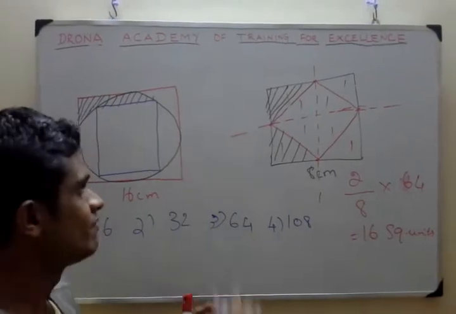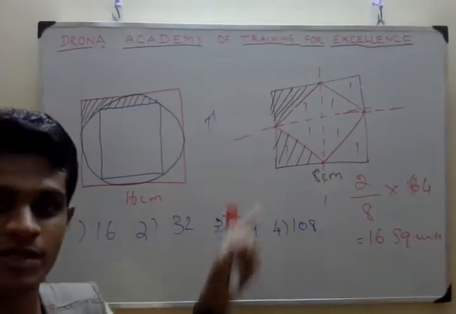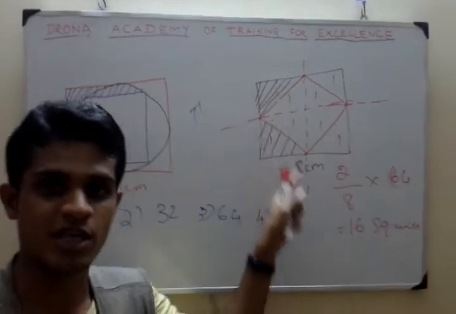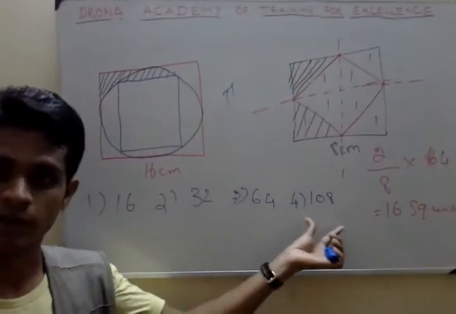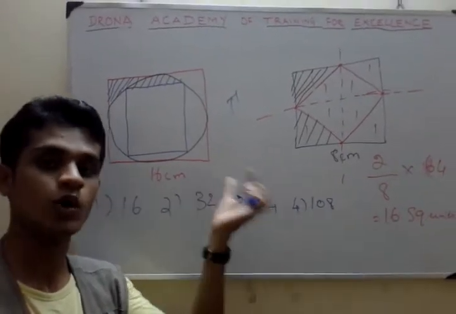Why? Because we have a pi in the formula. Because area of the circle is what? Pi r square, 22 by 7. Again it involves lot of fractions. Okay. But the answer options are not given with what? Pi. Not with pi. So now how to solve the question?